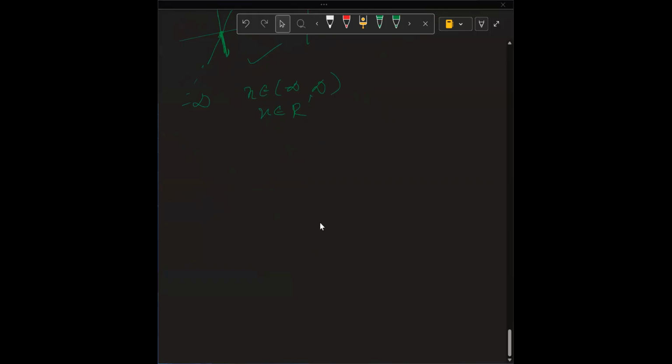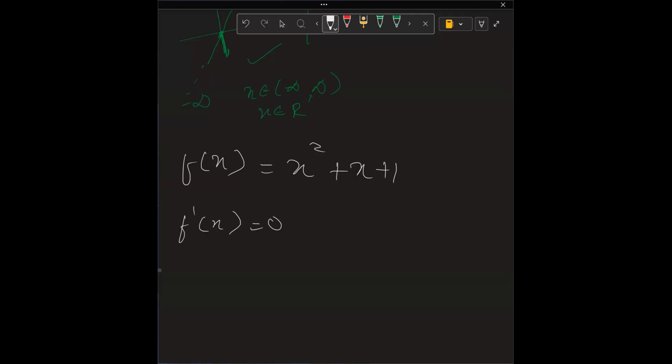See, eighth question is your f(x) is x square plus x plus 1, right? Yes, sir. So if you want to find the minimum value, first of all, you have to differentiate this. You have to do this to get minimum or maximum. जब भी आपके ग्राफ में ना कोई मिनिमा या मैक्सिमा आता है, so at that point your differentiation